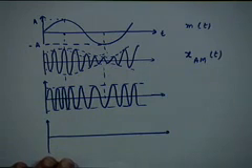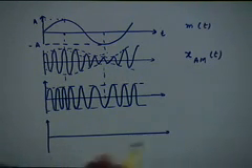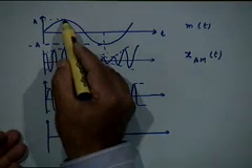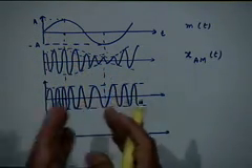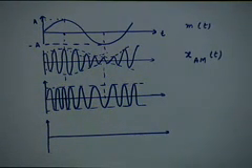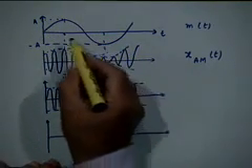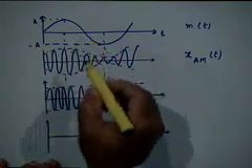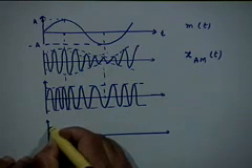So for this example, I have taken a sine wave as your modulating signal. So the derivative of the message signal is a cosine wave, right? So the phase modulated signal will look like a frequency modulated signal which is modulated by a cosine wave in this case, right? So the peak frequency will occur at a pi by 2 phase shift with respect to this message signal, right? So instead of occurring here, it could occur here. So the densest portion of the signal will come here,